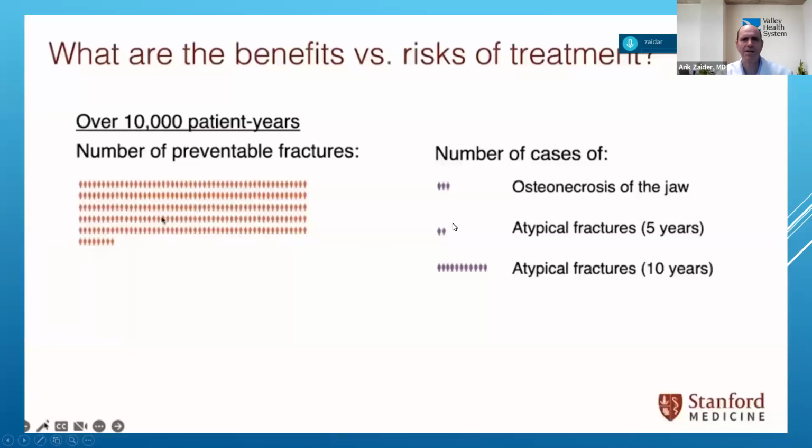I just kind of wanted to demonstrate that here in this picture. The take-home message is this: they are so rare, and on the other hand, having fractures from osteoporosis is so common, that the risk of getting a fracture because you're not on medicine when you should be is much, much higher than the risk of getting one of these very rare complications. So that's demonstrated here. If you look at the left side, you see 1,000 patients, and you follow them over 10 years.